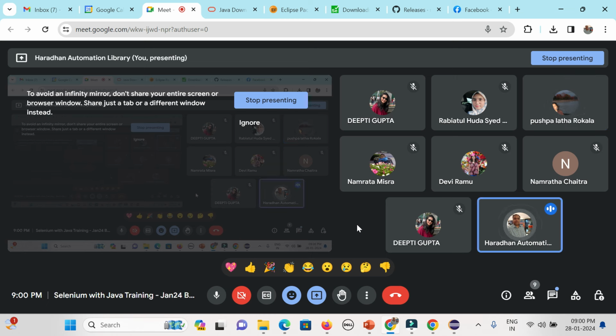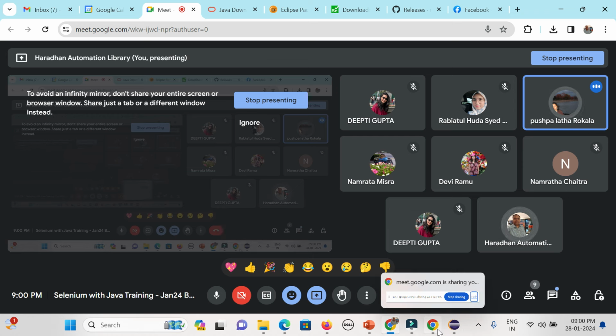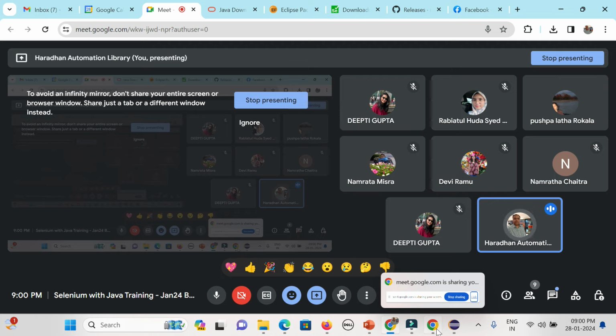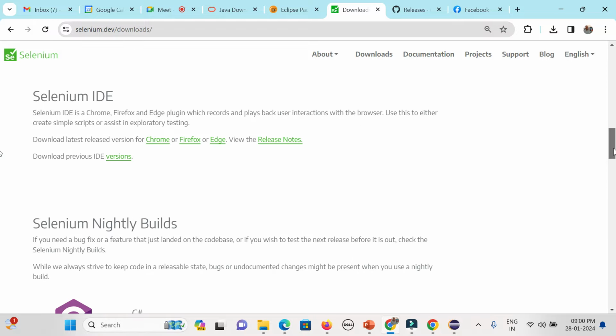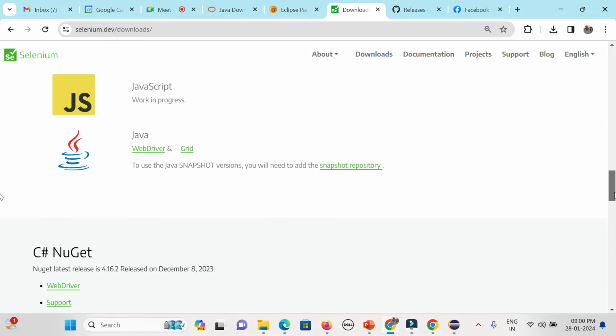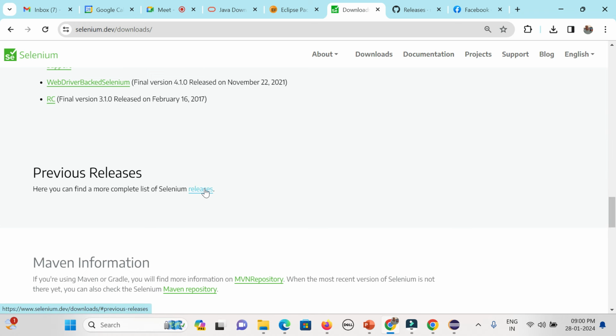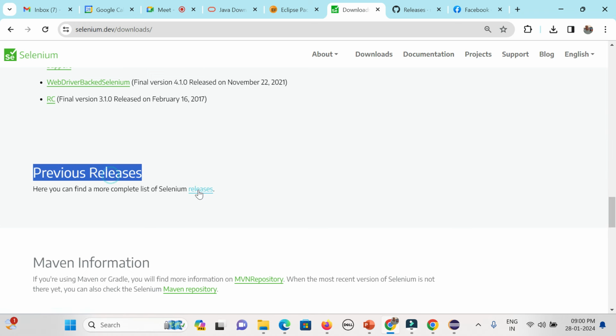No, no, IDE you don't need to install anything, right? Not Selenium IDE, it will be Eclipse IDE. Yes, Selenium jar file, right? Selenium dev.journal, right. I already showed you. There is an option called download, and then you can go here. That option is not IDE, not IDE. It will be previous releases. No, IDE is the old version. That is the IDE, but this is called WebDriver, for Selenium WebDriver.